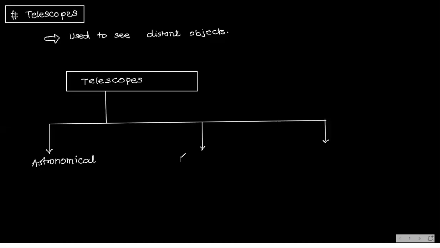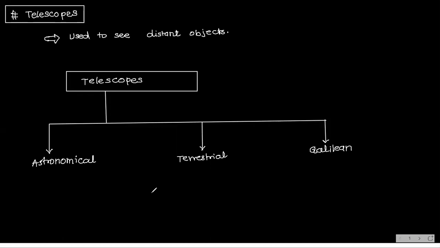Next one is terrestrial. And third one is Galilean. This Galilean telescope we can make. Okay, and again,